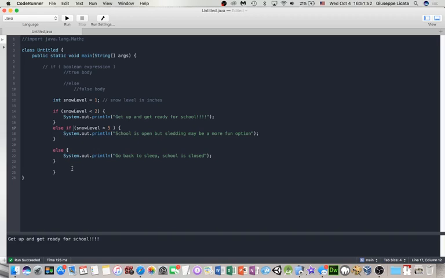Alright, so let's leave that up there for our snow level example. And let's talk about switch statements. So Java provides for a multiple value control flow using the switch statement, which is useful with enumerated types. But so let's run through an example based on a variable d of the day enum type of, oh, sorry,